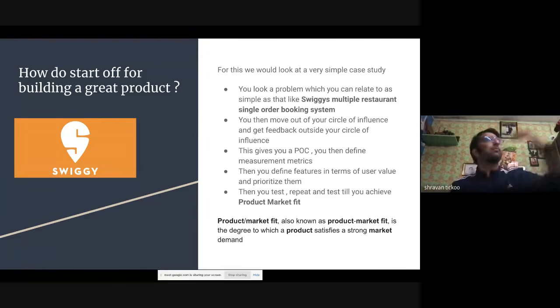Maybe you go to some friend of yours in second year, which definitely doesn't know कि तुम क्या बना रहे हो, or maybe in fourth year, and you tell him कि यार अगर कुछ ऐसा होता ना कि if I could have ordered 5 different things from a single place, I would have done it. Would that make sense to you? And if you get a very positive feedback, then you effectively know हाँ यार demand तो है. Then what you do is you build some sort of a POC.